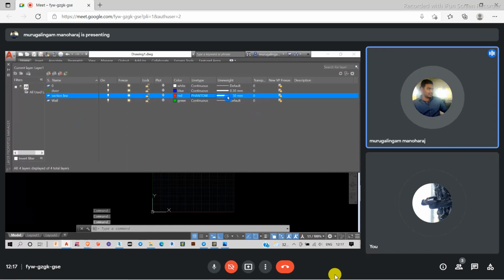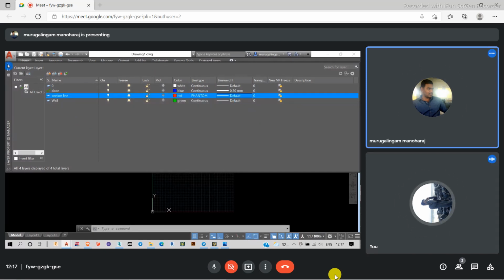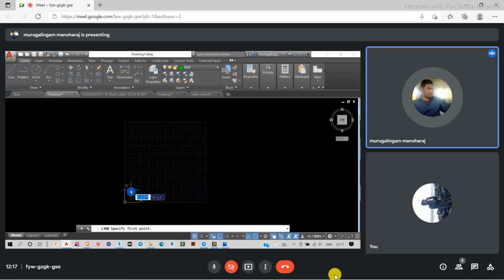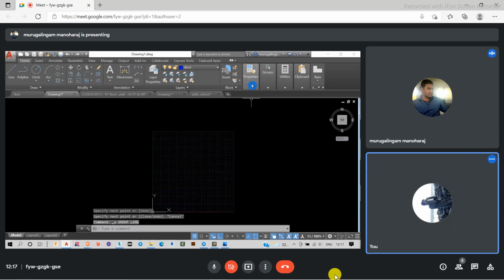So that when I'm trying to draw here, I can easily come here, use the wall options and start drawing the walls. Properties.